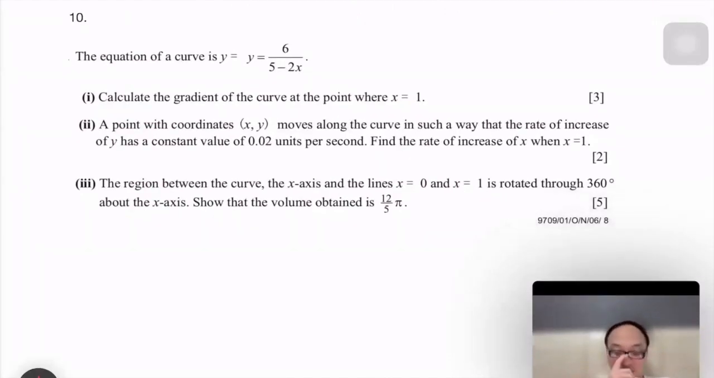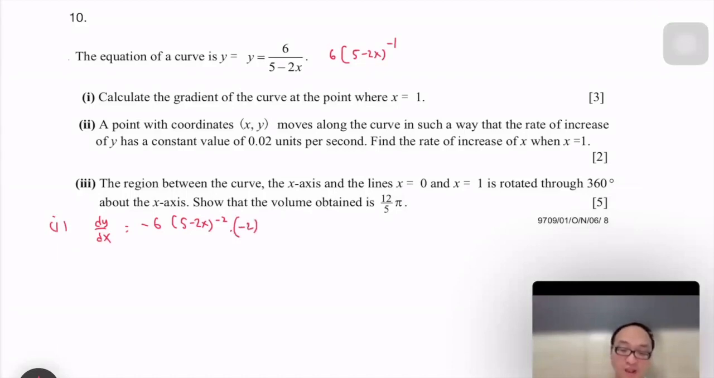Next, the equation of the curve is y equals 6/(5 minus 2x). To calculate the gradient of the curve at the point where x equals 1, we find the gradient, dy/dx. This is 6 times (5 minus 2x) to the power of negative 1, so it will be negative 6 times (5 minus 2x) to the power of negative 2 times negative 2,